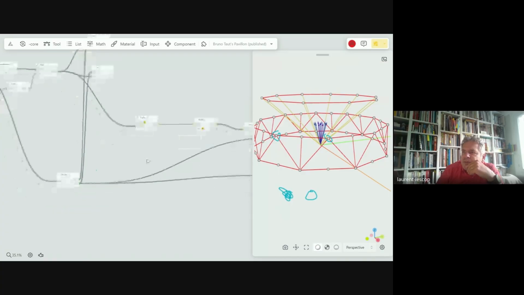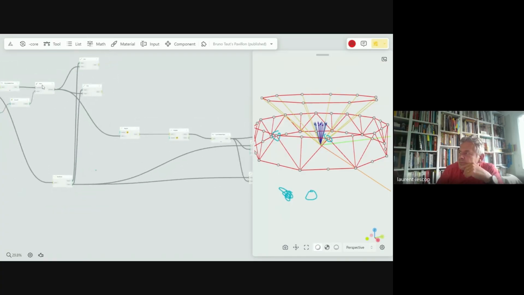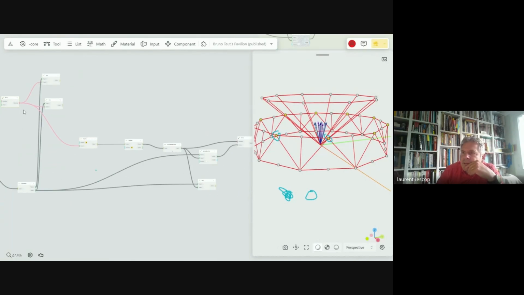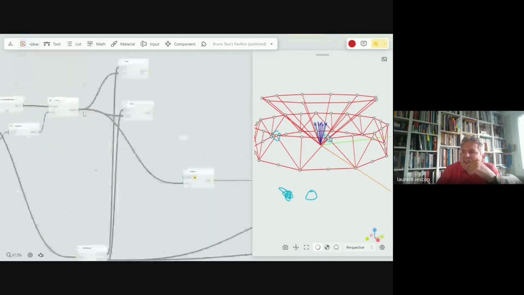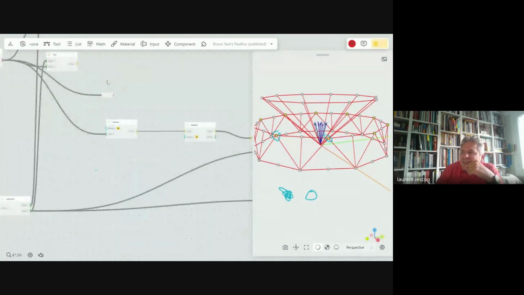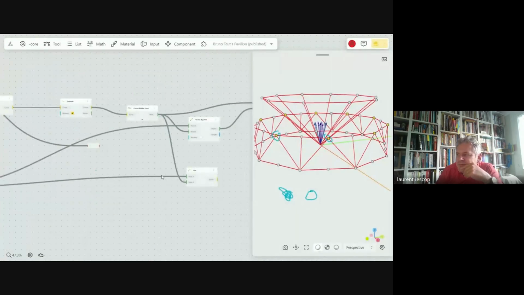So they must be hidden somewhere. This is it. There is a new addition, which I like very much. I used it very much. It's the relay.